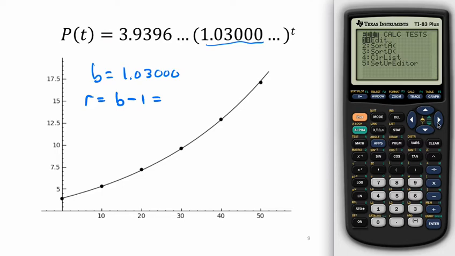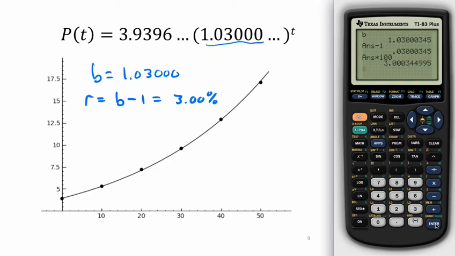And if I go to variables, statistics, move over to equation, I can select B, there's the full precision base. If I subtract 1 from that base and multiply by 100 to convert it to a percent, I get what we can see there. To any reasonable number of decimal places, this is, I'll just write 3.00%, but it's actually